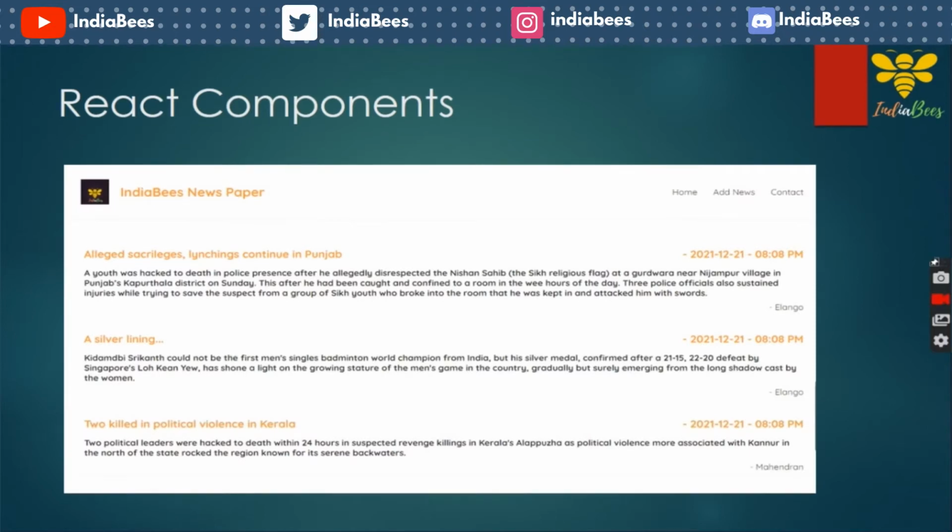What is a React component? A React component is a building block of a React application. Let's consider a typical React application. A typical React application contains multiple components. So let's consider this as a React application,